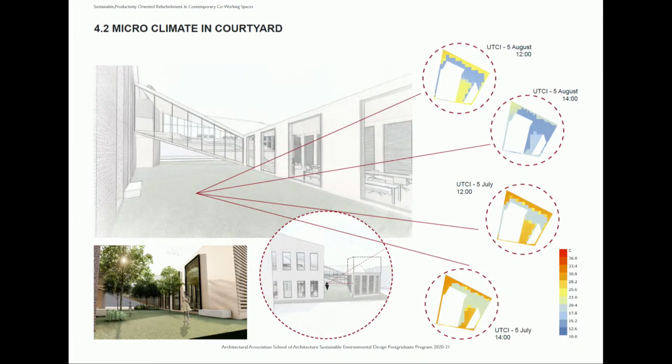First of all, I wanted to check the microclimates in the courtyard, because a courtyard is one of the most important elements of the co-working space, since it provides access to nature and outdoor spaces, which will help increase productivity. I checked the times at which I expect the courtyard to be used as a break space, which may be at lunchtime. So I checked the UTCI between 12 and 14 in the summer periods, and as you can see, thanks to the elevated space on